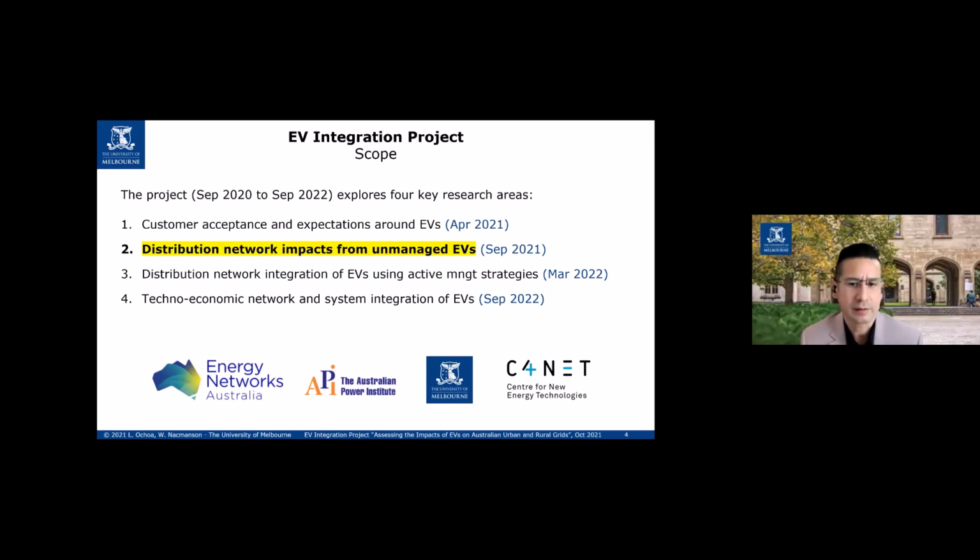By unmanaged, we mean there's no management, there's no control of them apart from the people plugging them in or out from their chargers at home through the simulations, of course. And the next step, of course, is once we understand the ability of our grids to host electric vehicles without anything clever being done there to manage them, what is the next stage? We're going to get into these active management strategies later this year, and we will start presenting the results in the next 3 and 6 months. And then we will continue with technical analysis.